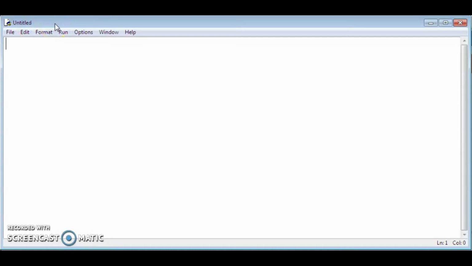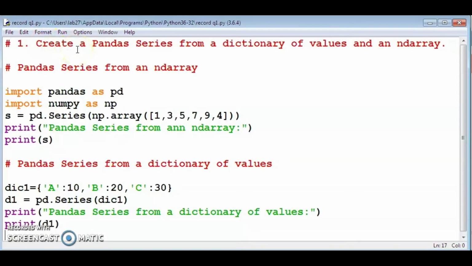Clear? First program: create a pandas series from a dictionary of values and an ND array. First record question. Create a pandas series from a dictionary of values and an ND array.